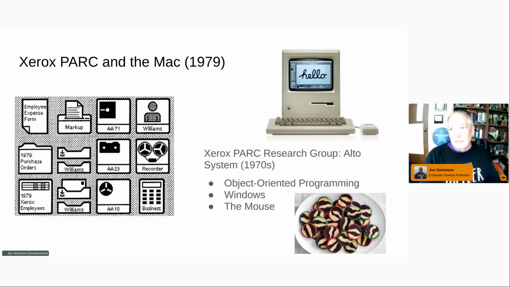In the 1970s, there was this company called Xerox. You may have heard of Xerox. They were well known for photocopiers. They had a research group at the Palo Alto Research Center. That's where PARC comes from. And at that research center in the 1970s, they had a team that invented some things that are kind of important. Object-oriented programming, Windows, the idea of having a window on the screen to represent what's going on in the computer, and the mouse, and the idea of clicking and dragging things.